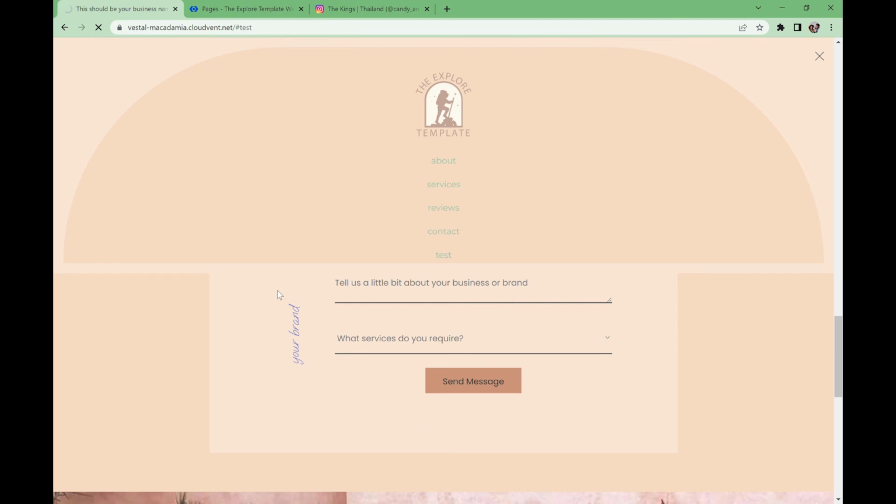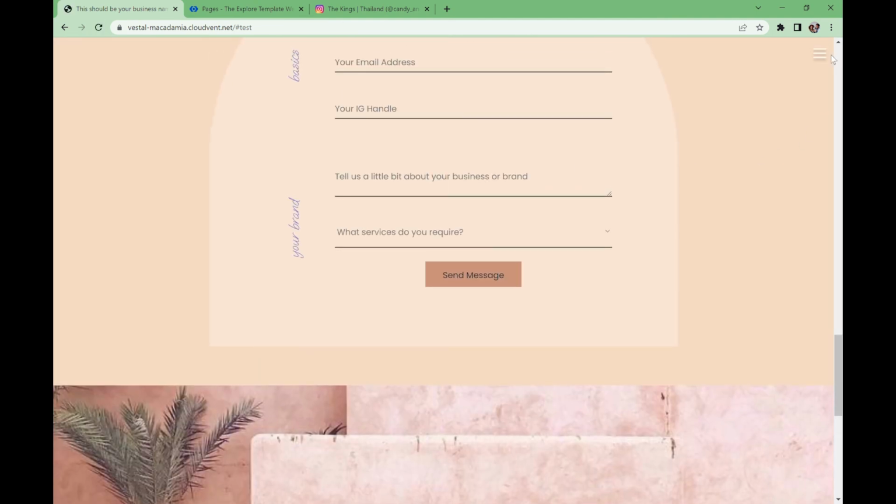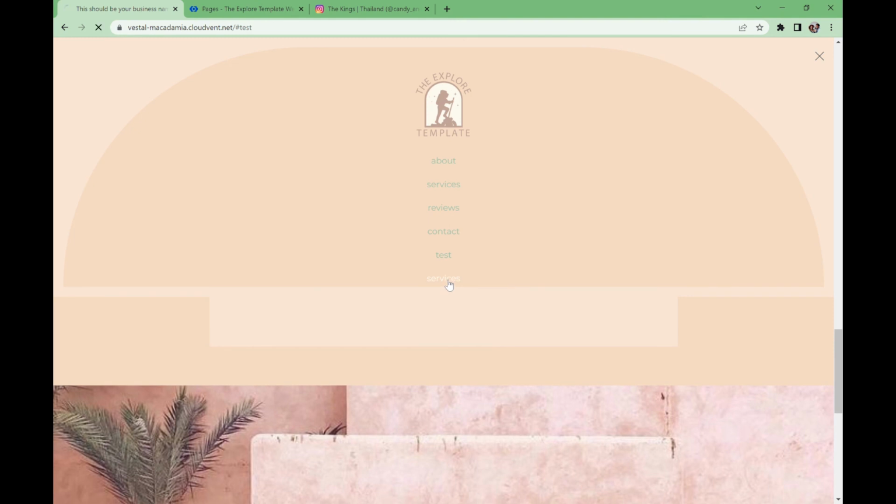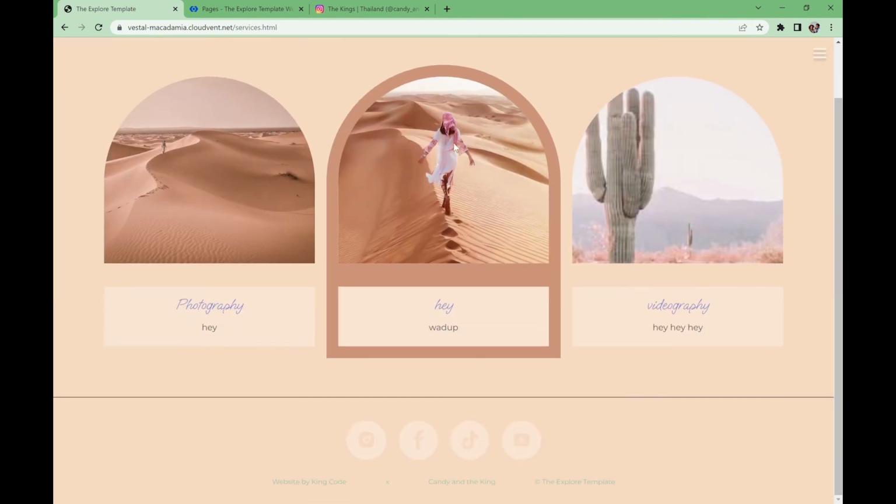Let's refresh. Okay. Let's have a look here. Click on here. Services. And there you go. Yay, there's your website. And there you have it. That's how simple and easy it is to create your own website with this amazing hybrid template. So you guys go ahead and start making yours. I hope that yours looks way better than the one that we just did together. Wow, those colors were hideous. So please make sure your branding is on point. I don't want to see ugly templates coming from you guys. But yeah, that's how simple it is to use, and I hope you